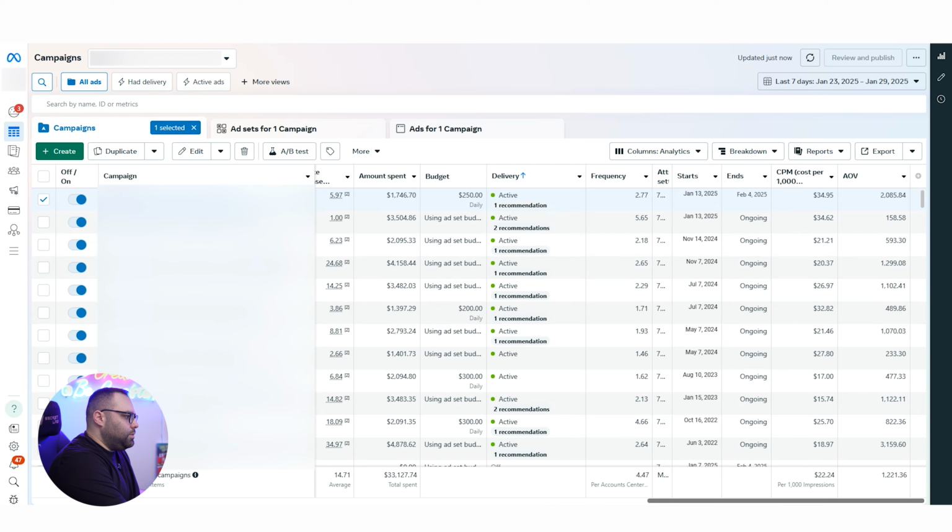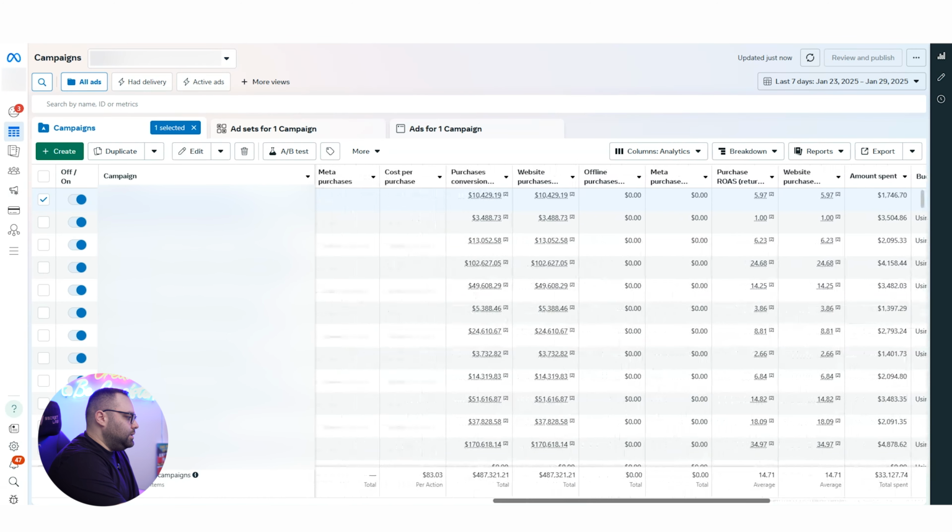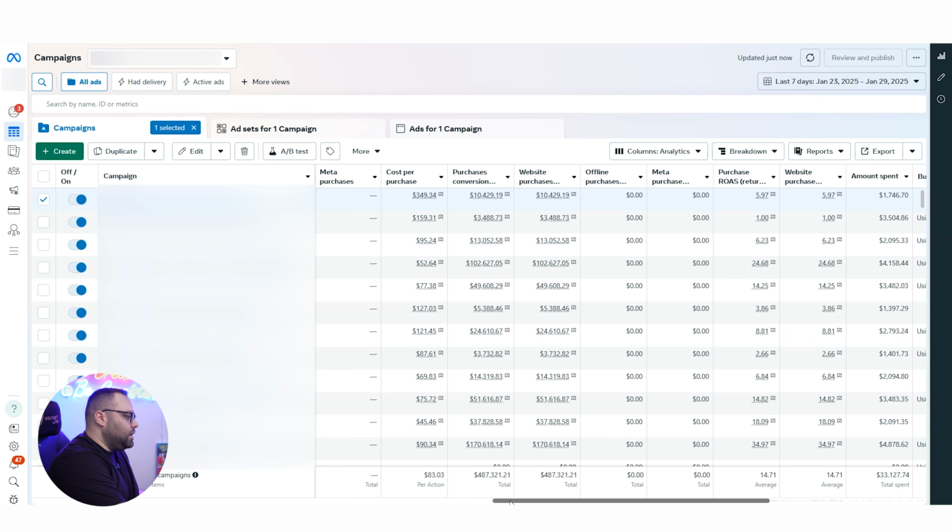So I'm going to show you different accounts with different cost per purchases, different AOVs and stuff, and how we treat them differently. Apart from the fact that you're optimizing at a different level when you have different AOV, and you're watching the average results in a different way, as we discussed in other videos, the scaling is also different. For example, over here, we have a high AOV ad account, we have high ROAS, break-even ROAS is 4 over here, cost per purchase is 83.